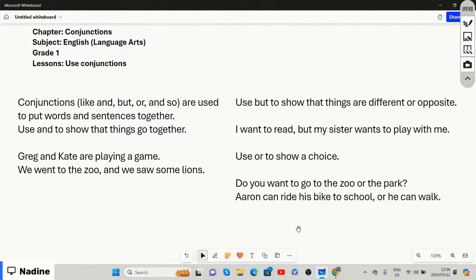So basically the conjunctions, such as and, but, or, and so, are used to put words and sentences together. So it can just be a word or two words put together, or it can be an entire simple sentence or two simple sentences put together, right? And if we look at the first conjunction, which is and,